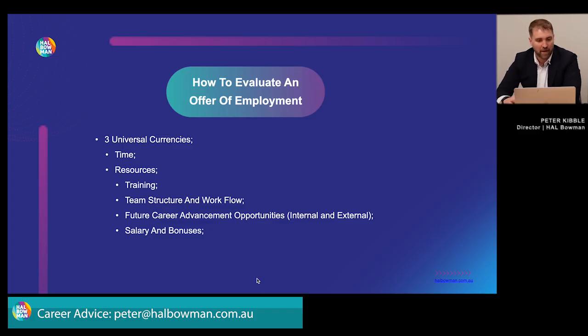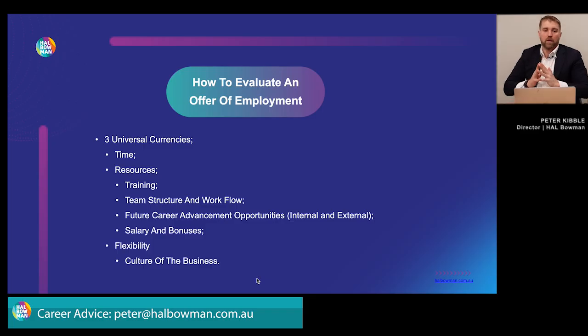So the final thing on this is just flexibility. That really does come down to the culture of the business that you're joining. And if you think about it like this, it's going to be very different depending on what stage of career you're at. If you're starting out in your career, then my honest opinion is you should not care about flexibility really, unless you're a professional athlete or musician or something and you need to go practice. The goal should be to be in the office as much as possible and be learning as much as possible.